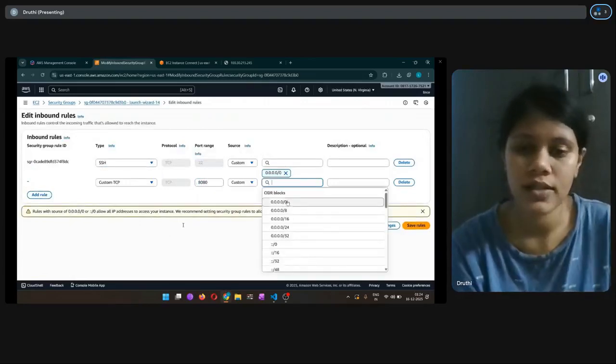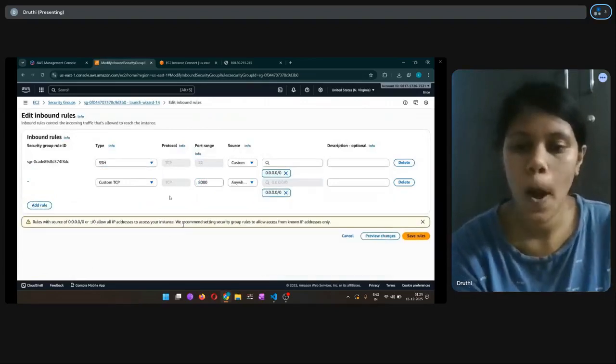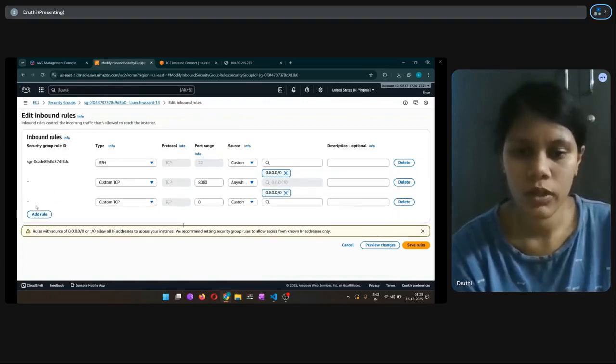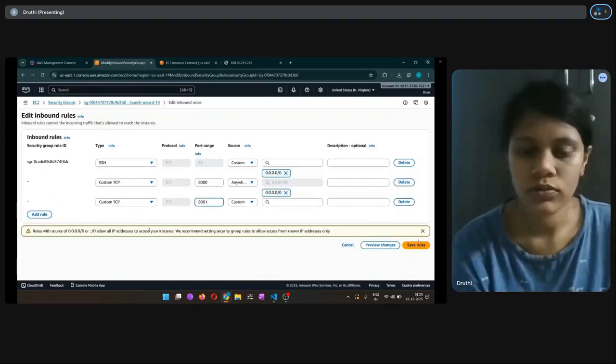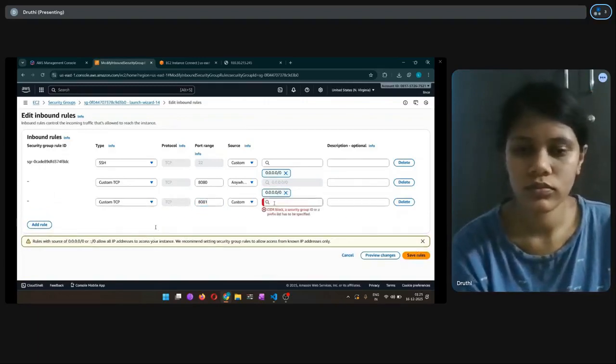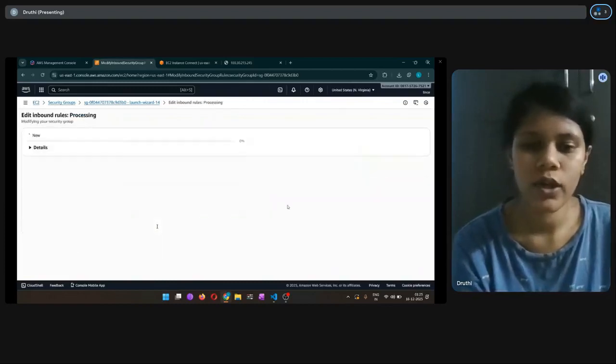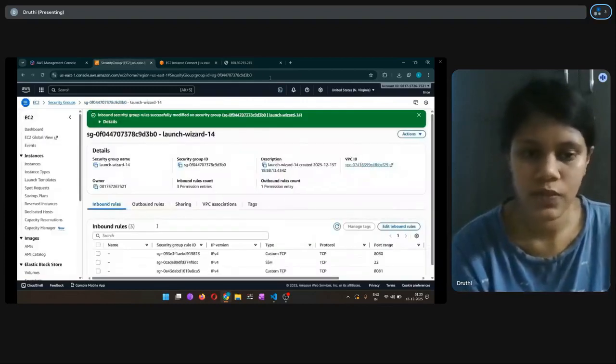Then we have to add custom TCP on port number in inbound rules. Port number 8080. And then we have to save it. We have saved it successfully.